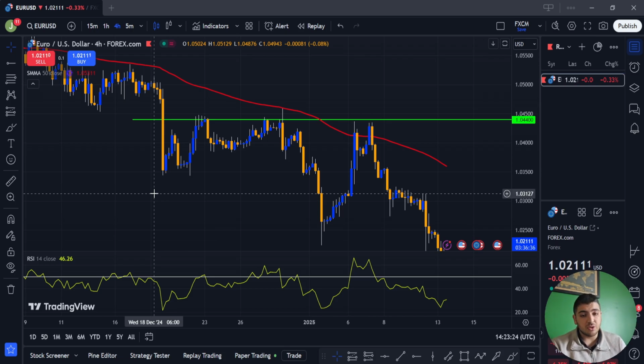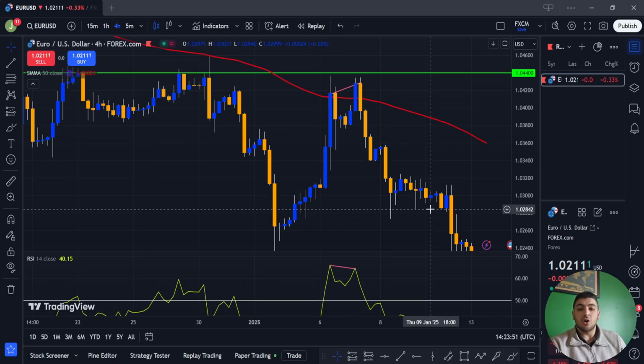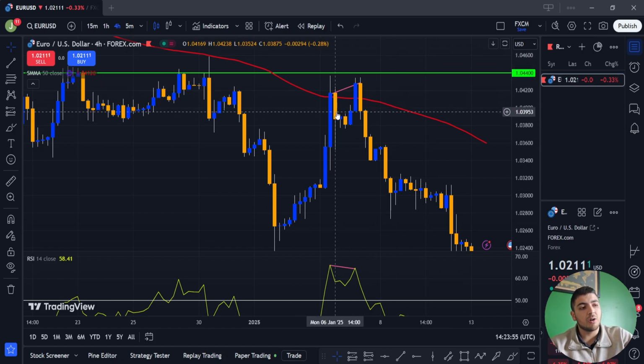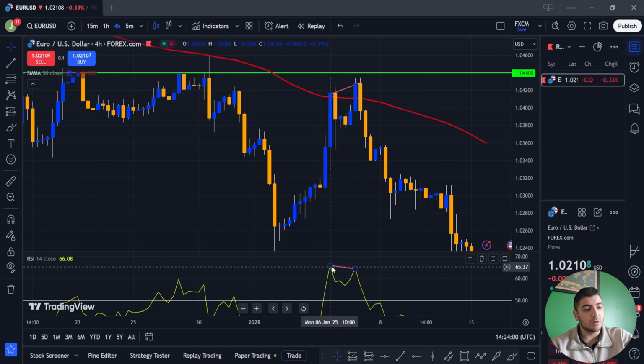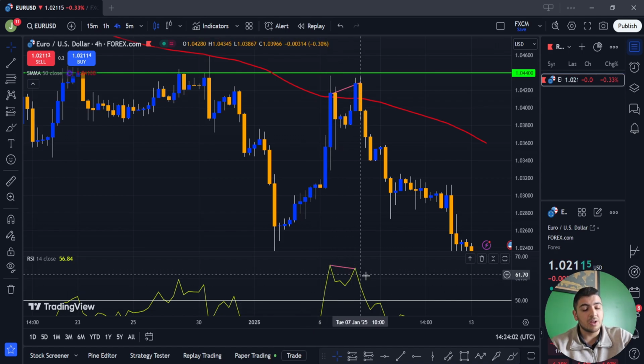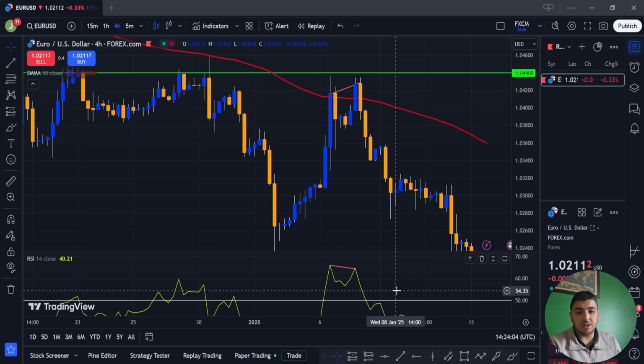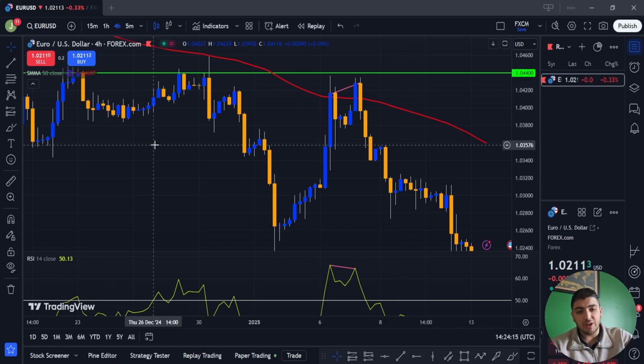The third reason I knew this double top was ready to reverse was because of the RSI. If we take a look at the double top in the RSI, I'll show you what I mean. On the chart, you can now see the two lines I've drawn. Up here, you can see the double top has gone from one high to another. Whereas on the RSI, you can see the first top was actually higher than the second one, meaning there was a divergence in the RSI. So that was the third and final confirmation that I needed